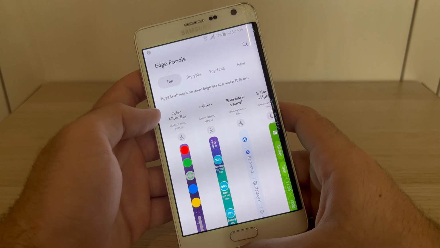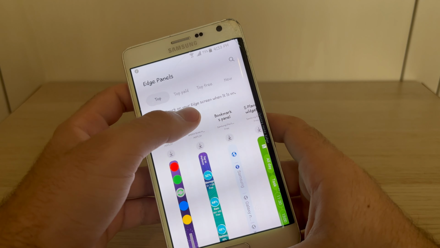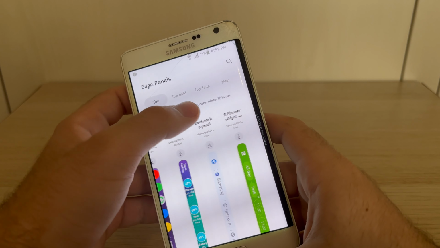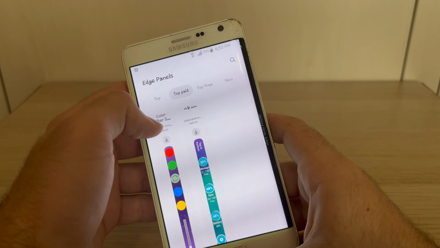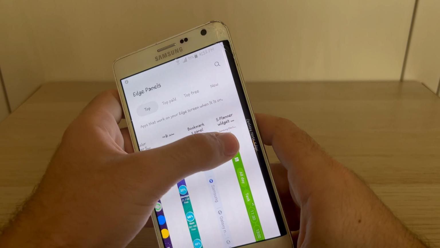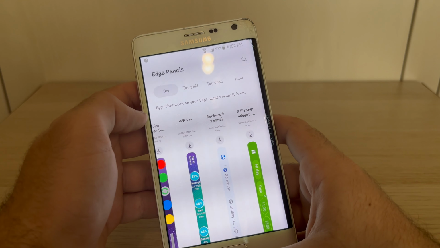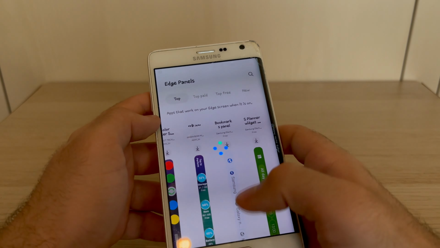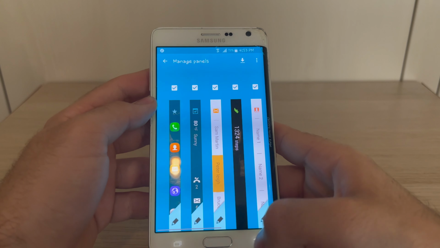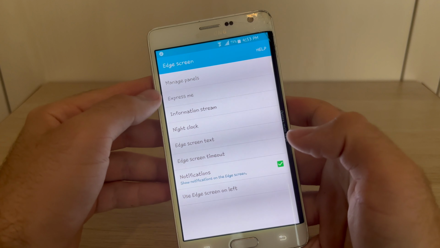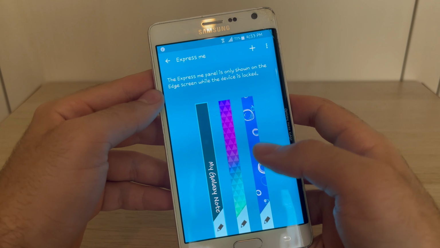Color filter, something in Arabic, bookmark panel, S Planner widget. Oh, it's like a calendar. That looks nice. What if we download that? Will that work? Never mind, it still wants a Samsung account. Okay, let's see. Express Me, what does this do? Ooh, okay,